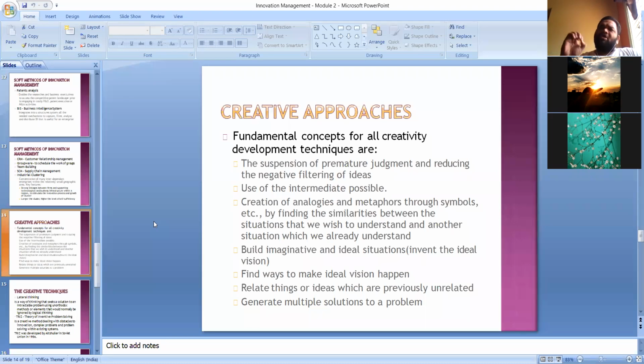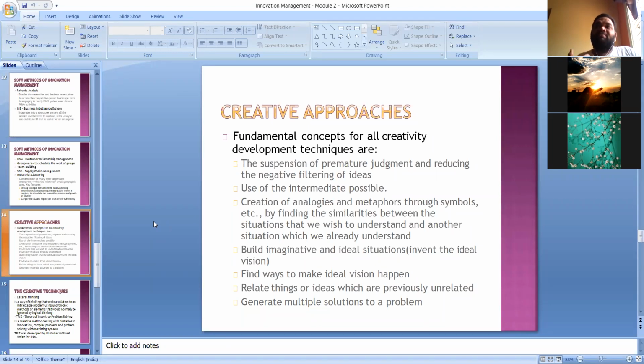If it is a small idea or even the worst idea, still accept that idea. Because that is the first step in the creative approach of innovation management. Whenever you become an entrepreneur, whenever you lead an organization, don't discourage anyone. If someone is proposing some ideas, you just welcome those ideas, you encourage them, you take them, and in your mind you know those ideas are the worst ideas,